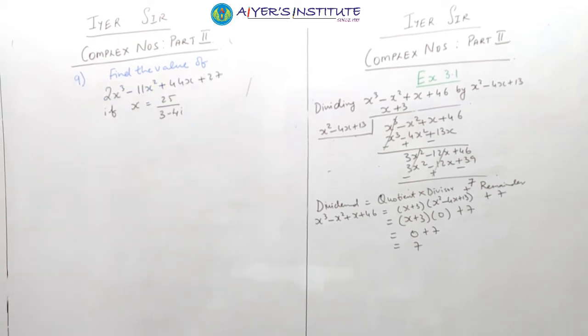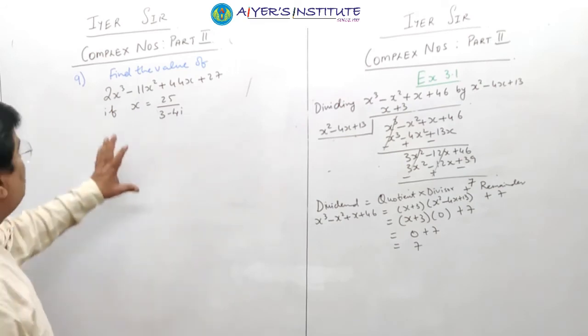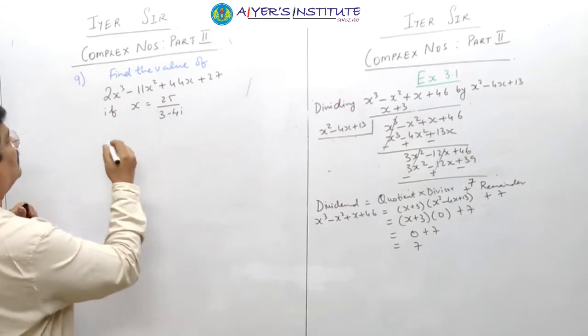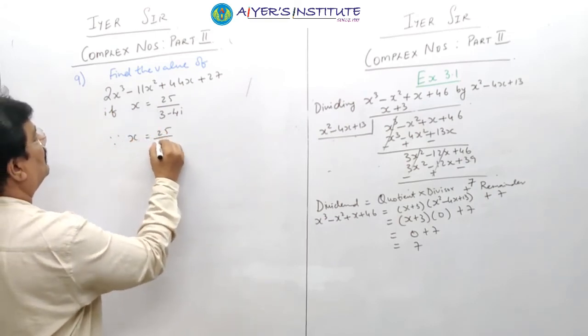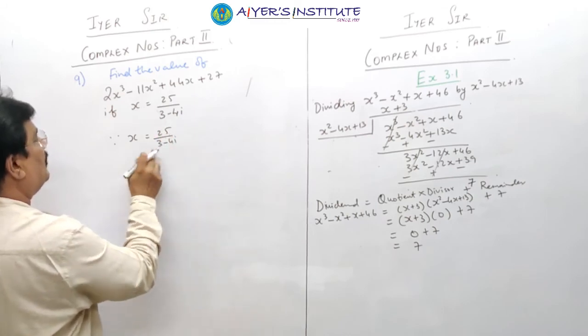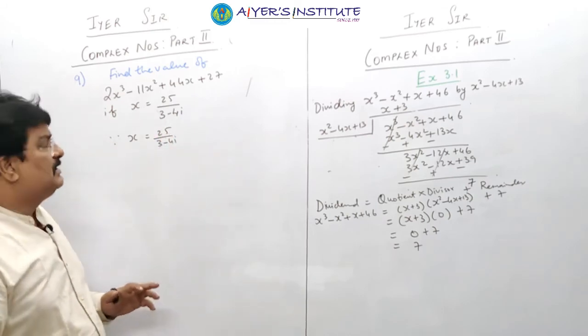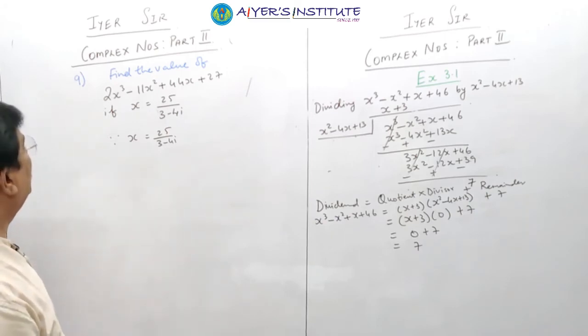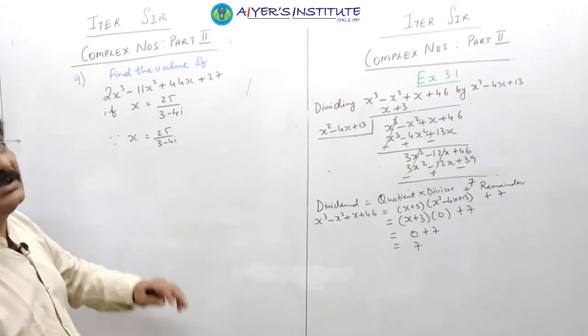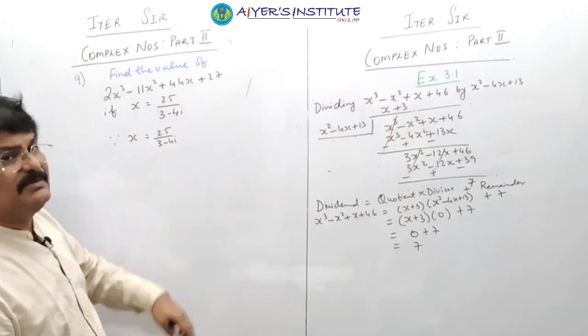So let's do the last sum of this exercise. 9th question, the second part. So the first thing that is given here, we'll take that. So we say since x is equal to 25 upon 3 minus 4i. अभी देखो ये क्रॉस मल्टीप्लाई करके भी हम लोग कर सकते हैं, but that will take a long way and again bring a little complication because x दोनों के साथ मल्टीप्लाई होगा. तो पहले यहीं पे सिंप्लीफाई करते थे.